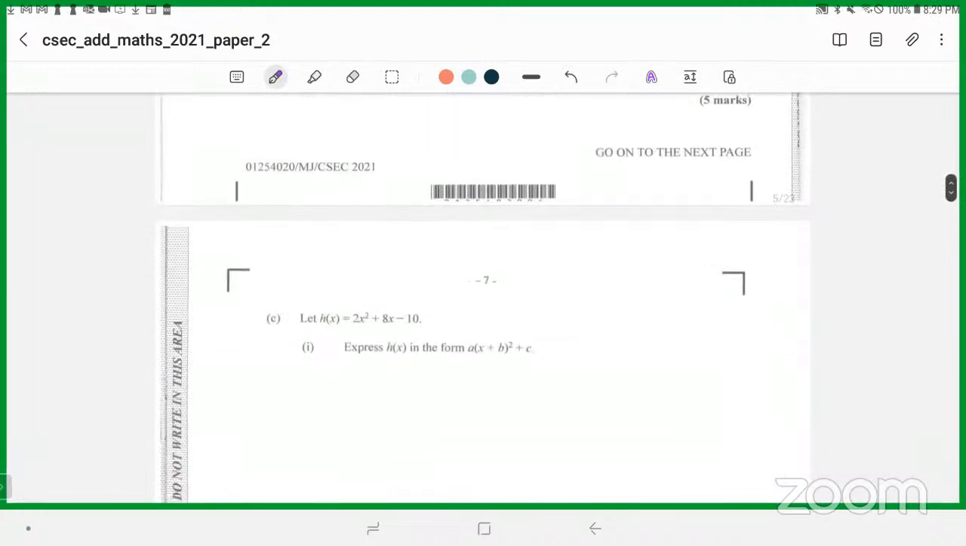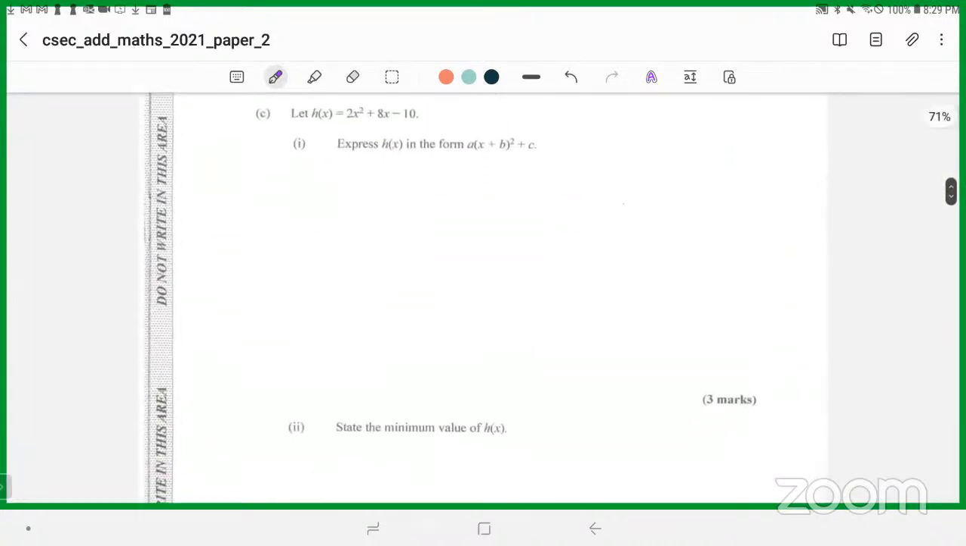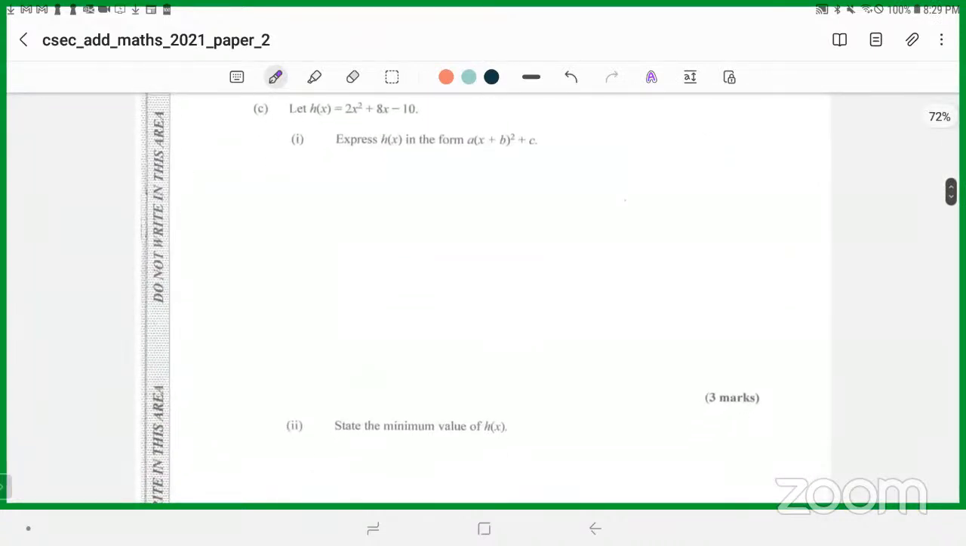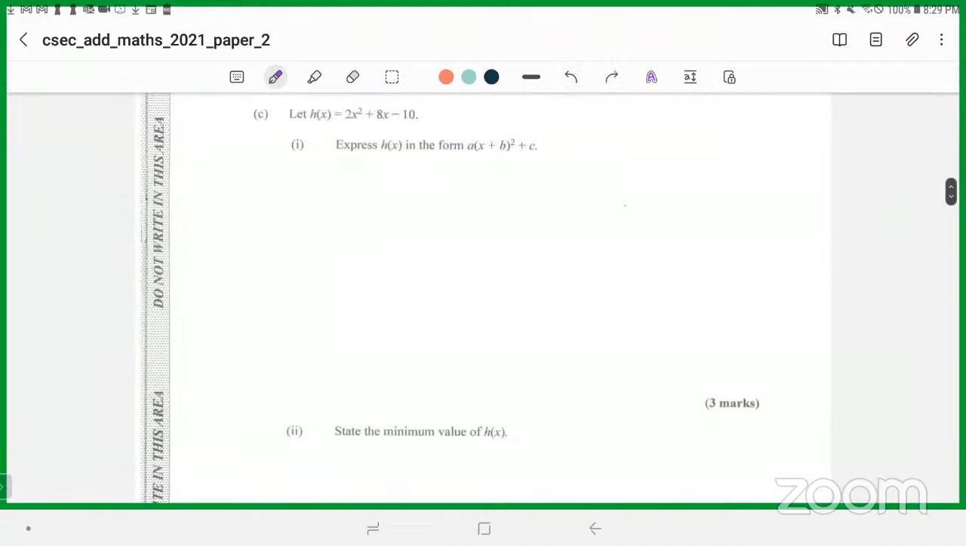Another quadratic right here. Lovely. This is from the 2021 paper. They wanted to complete the square of this again. More maths equals better maths. Let's do it. So if we complete the square of this, firstly, h of x will be,